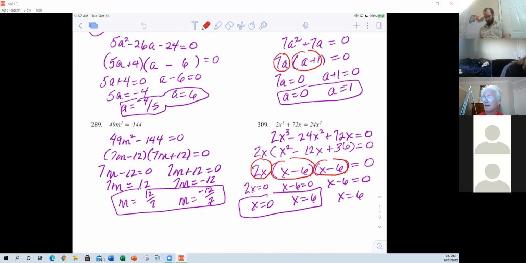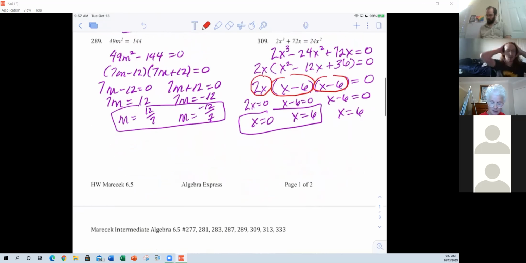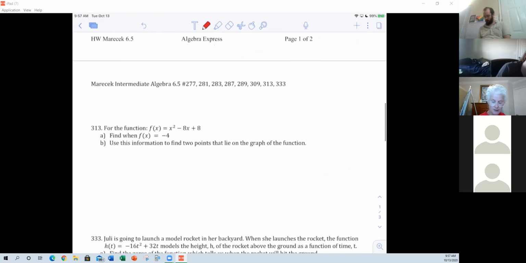Any questions about this first part of the homework? No, ma'am. Okay, hopefully y'all are feeling pretty comfortable with it. Like Matt said, it's really just that one extra step of setting them equal to 0 and finding solutions. All right, so then on 313,